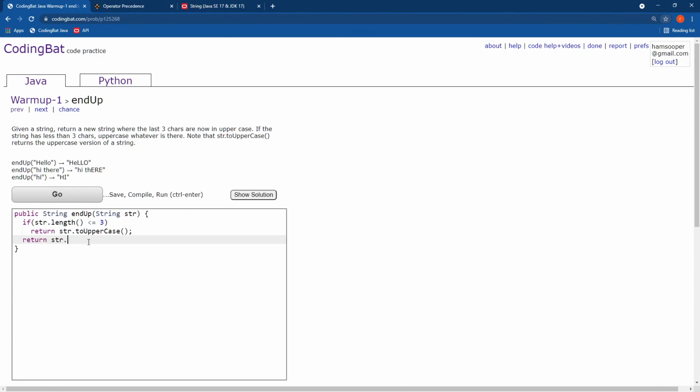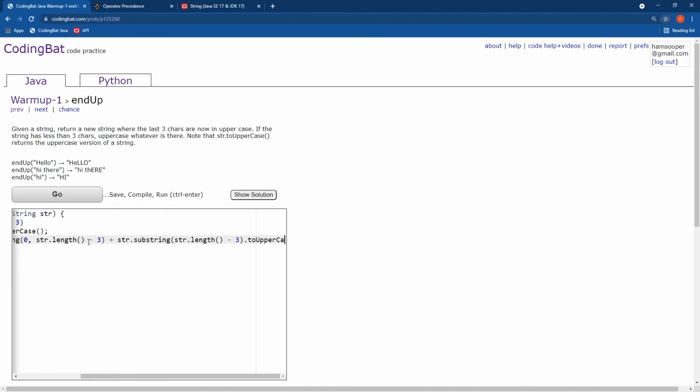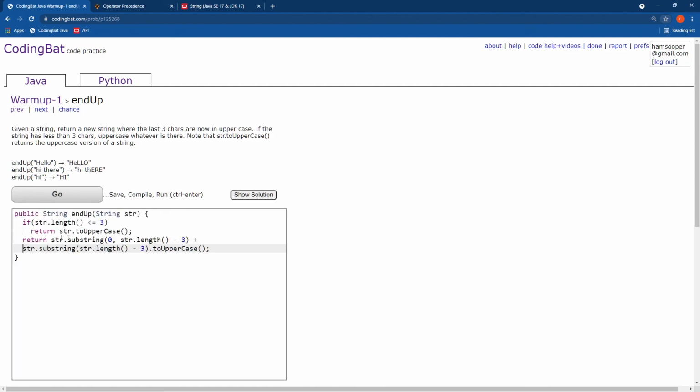You could just do str.substring 0 to str.length - 3. That would take everything but the last 3 characters, and I'm going to concatenate to that the last 3 characters, str.substring length - 3, toUpperCase. So the last 3 characters converted to uppercase. And that will do that there. I'm going to split this onto 2 lines